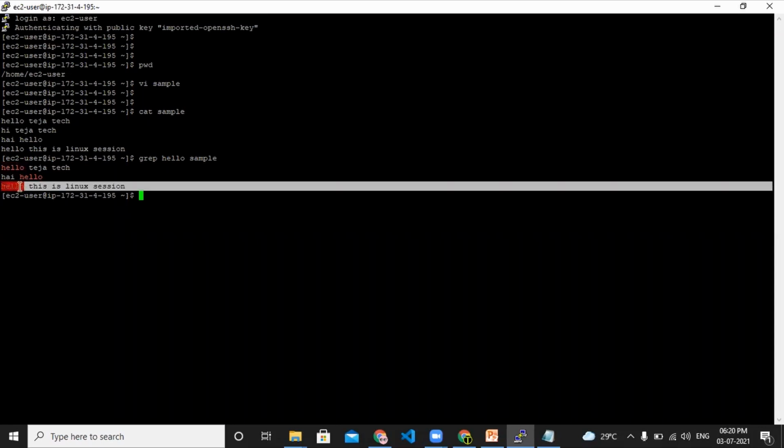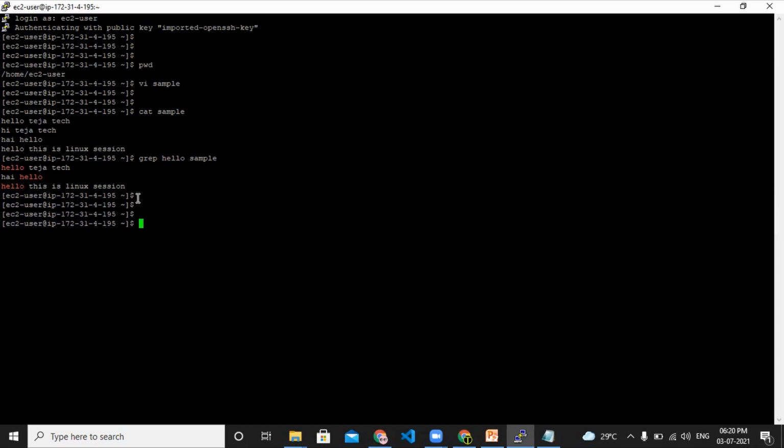In the same way, if you're finding some word in a log file or any application file, we can see it by using grep.